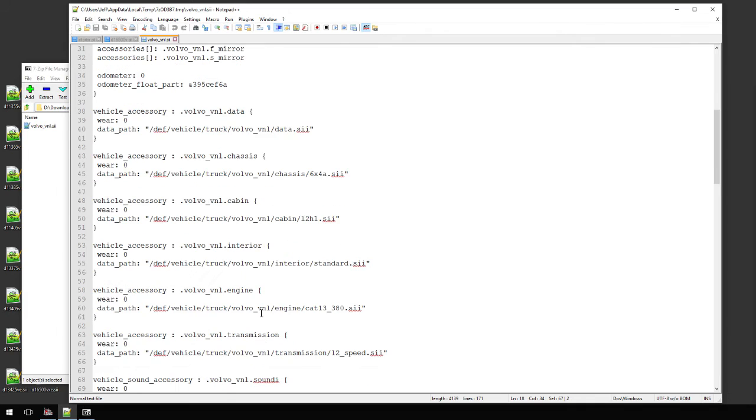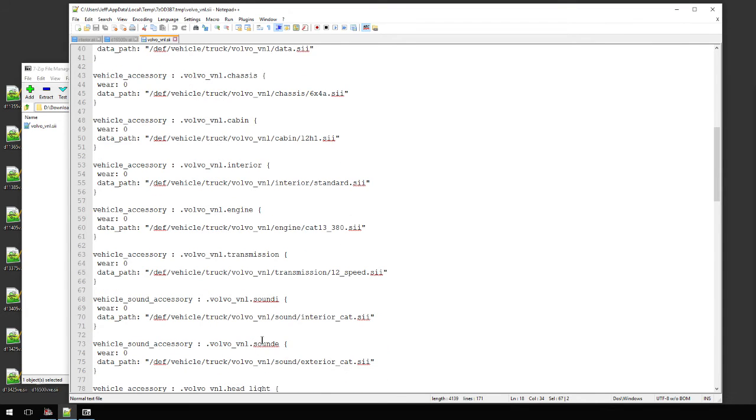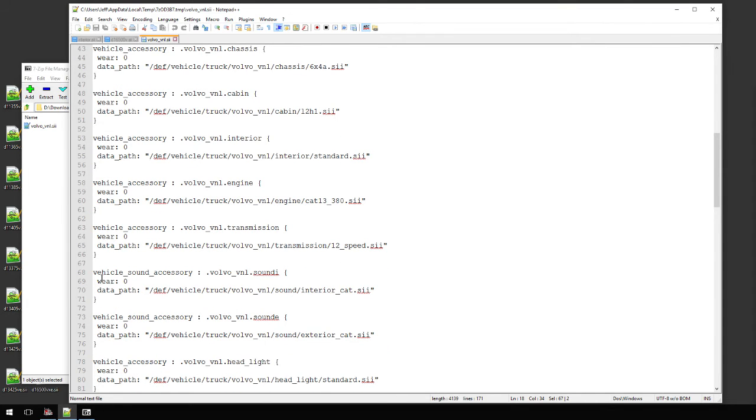You'll notice down here, accessories sound I and sound E. This is the default sound that the game has picked. The difference is, which I will show you now, if you go into the dealer files of the stock trucks,